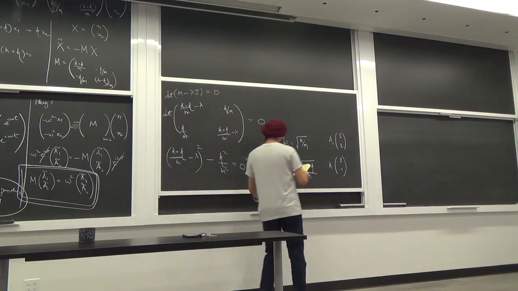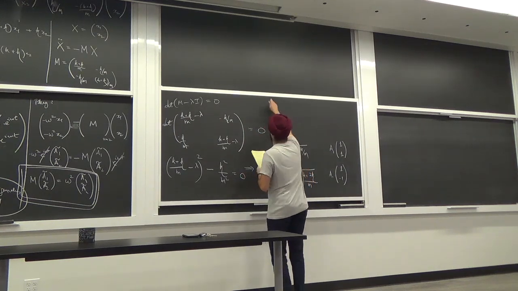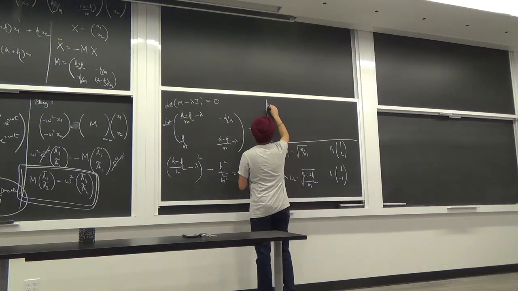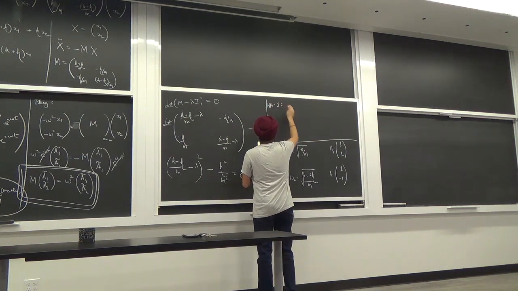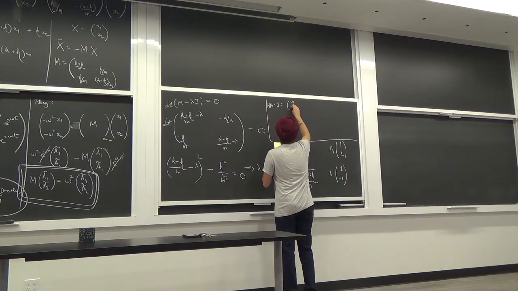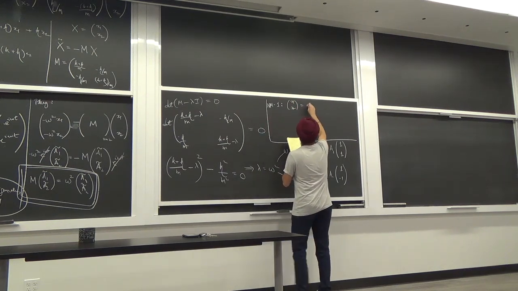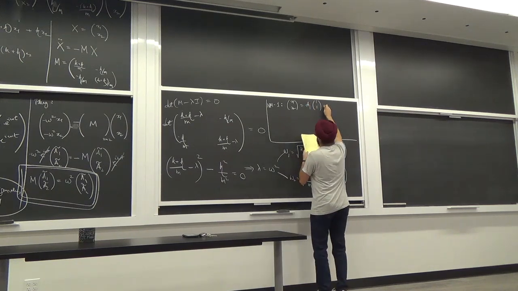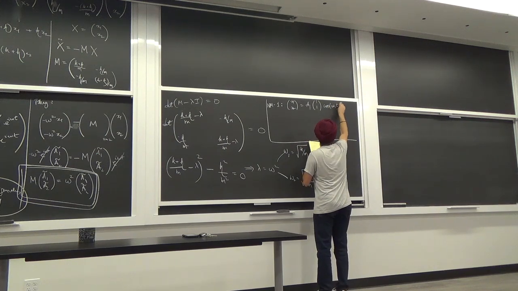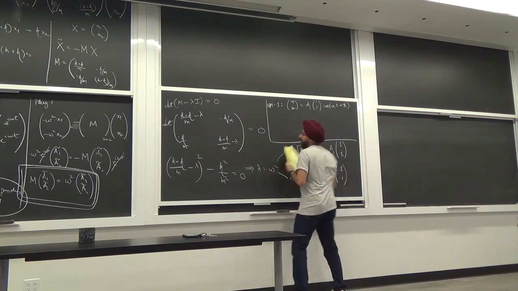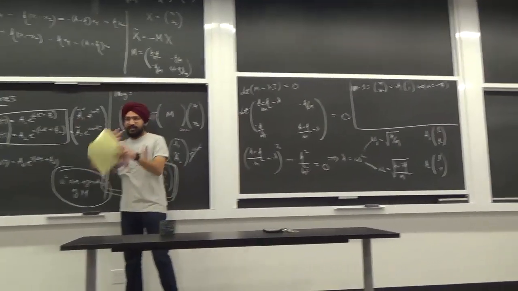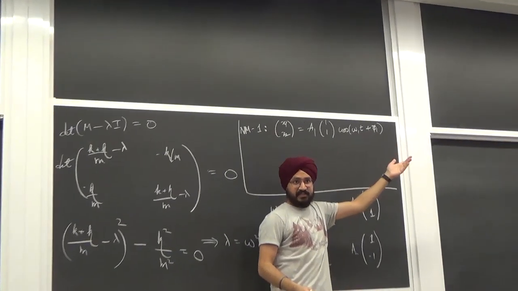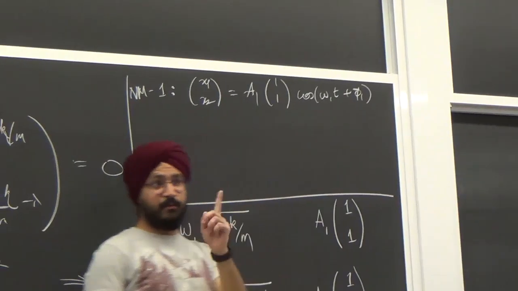Let's write them down again, to write this in our heads once and for all, for all eternity. It's important. Normal mode 1: x1, x2 as a function of time is this number a1 in the same phase times cosine omega 1t plus phi 1. I took the phase part out again to make it look nice and pretty. Frequency went back to the real plane, it's oscillating with some cosine. Frequency omega 1, that's normal mode 1.